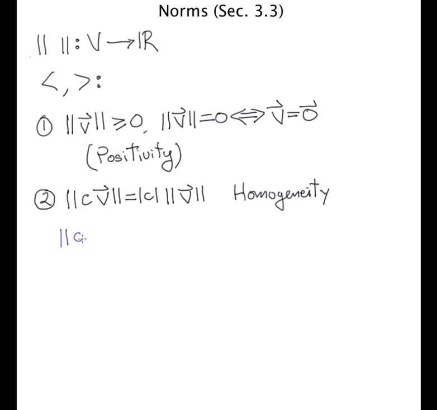What's the norm of C times V? Well, by definition, it's the inner product of this vector with itself. And by bilinearity, you can pull this first C out, and you can pull the second C out, and together they give you a C squared out front, times the inner product of V with itself. The square of this is this thing. And so when you take the square root,